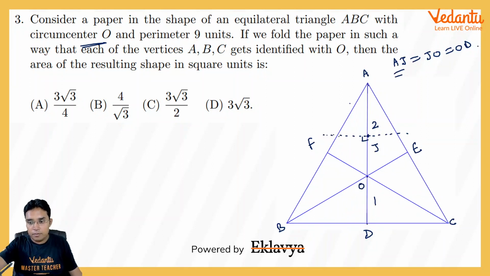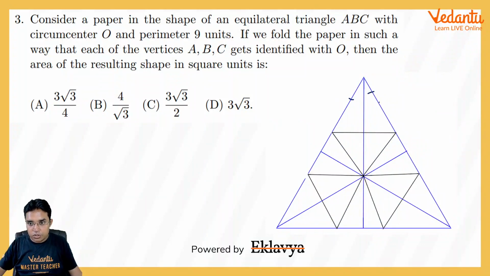Now let me show you how folding will be done. If I fold this A about this folded line, I think this is how my new figure will be. So this is what I have tried to show here. This portion will be deleted, and it will be coming to this O here. And as I told you, AJ, JO and OD, they all are equal.